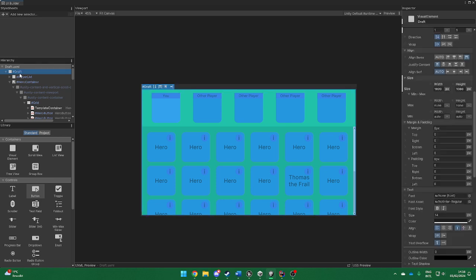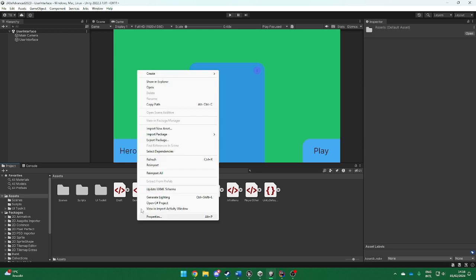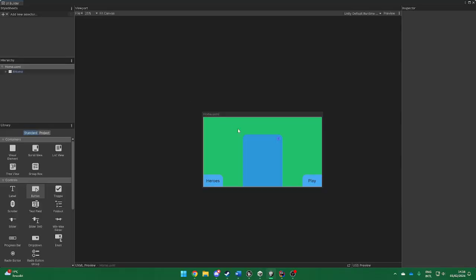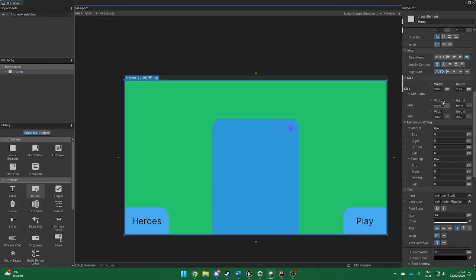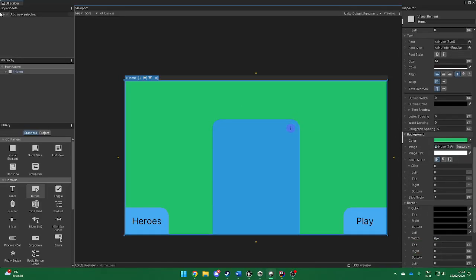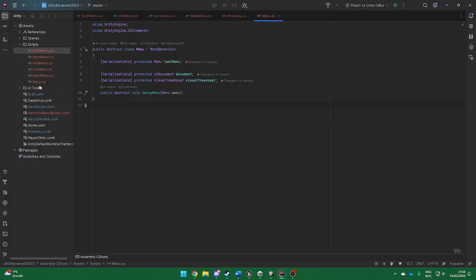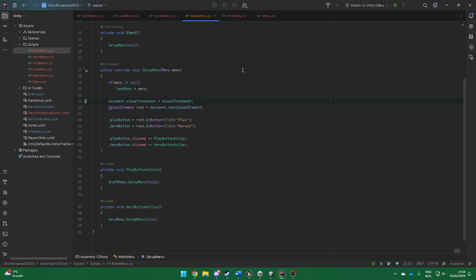So every menu starts as a document like this, which is just a UI Toolkit visual tree asset. Then let's take the home menu as an example. I have color in the background, basic assets. The names are very important because the way that works is if I go in here, main menu, everything is